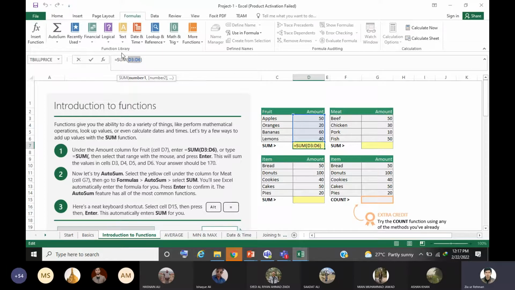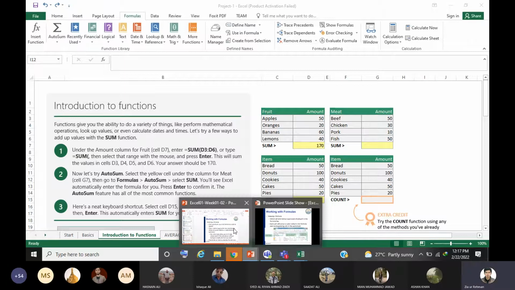It means that it is applying the summation function for this series. So you could easily see the formula which you have applied, and know what values are being taken by Excel in order to do the computation.